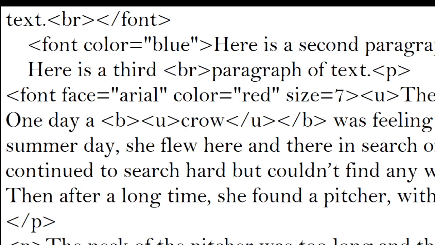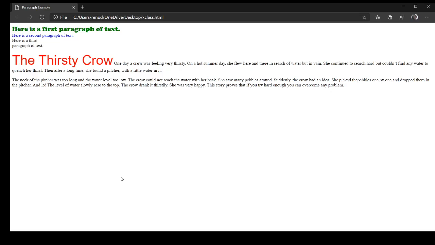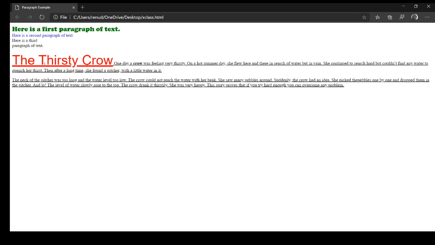Okay, and save this, and you can again minimize it. Again you can open your web browser here, and again you can refresh here. Here see U tag here. I think we didn't close the U tag, so the complete paragraph is included in your U tag, underlining all the paragraph.